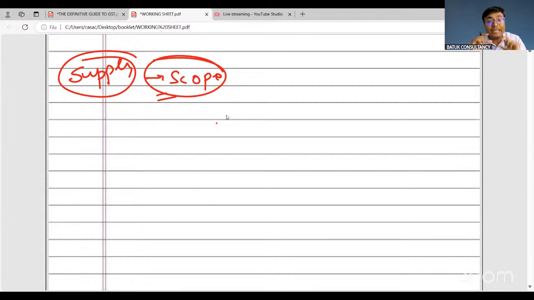Because for implementation of any law, the purpose is to collect the revenue. That is the basic, most important purpose. So when we are talking about revenue collection, we first need to decide this supply. Hence, the government has given the definition in a very specific way, and the government said that yes,